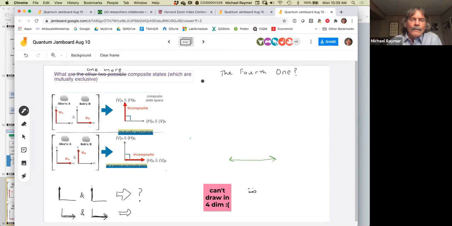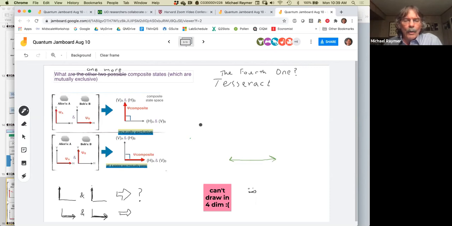Anybody remember the name of a 4-dimensional cube in mathematics? What's a 4-dimensional cube? It's called, I might be misspelling this, but it's called a tesseract. And you can Google tesseract on YouTube, look on YouTube, you can see really cool movies trying to illustrate what a tesseract is. So yeah, that's the problem. We need to have a 4-dimensional cube, but then we need to draw these arrows along the surfaces or the edges of this 4-dimensional cube.